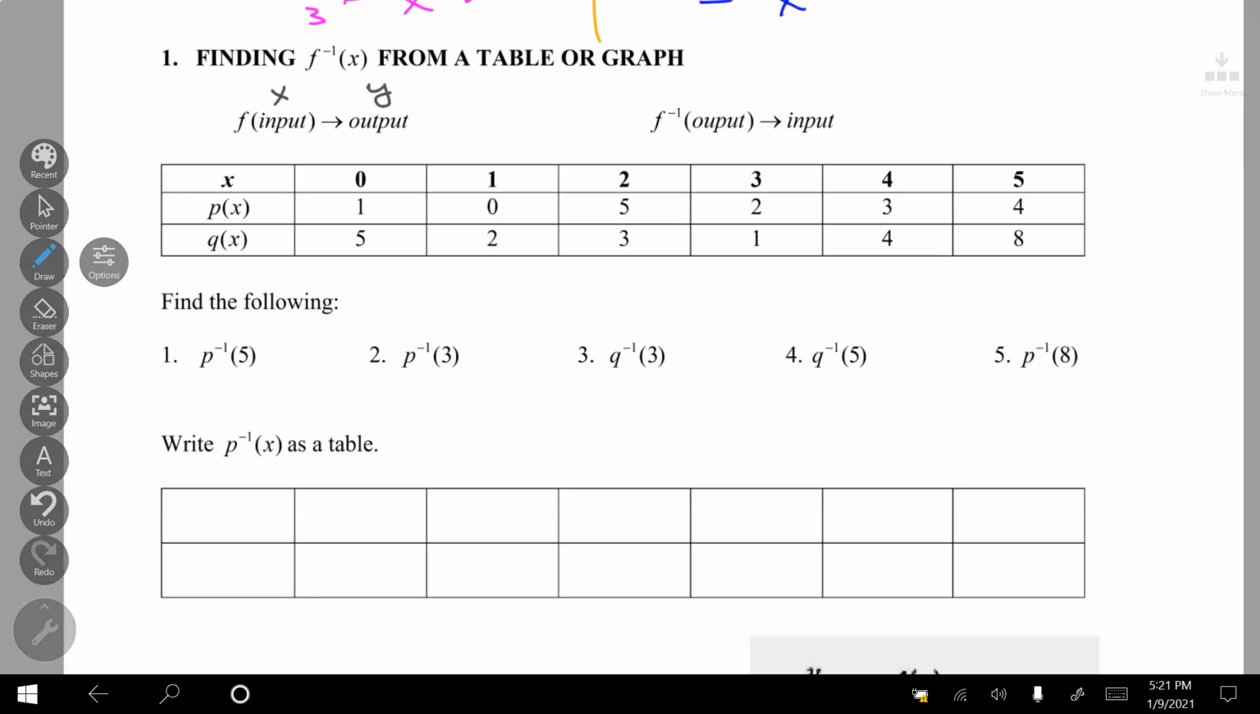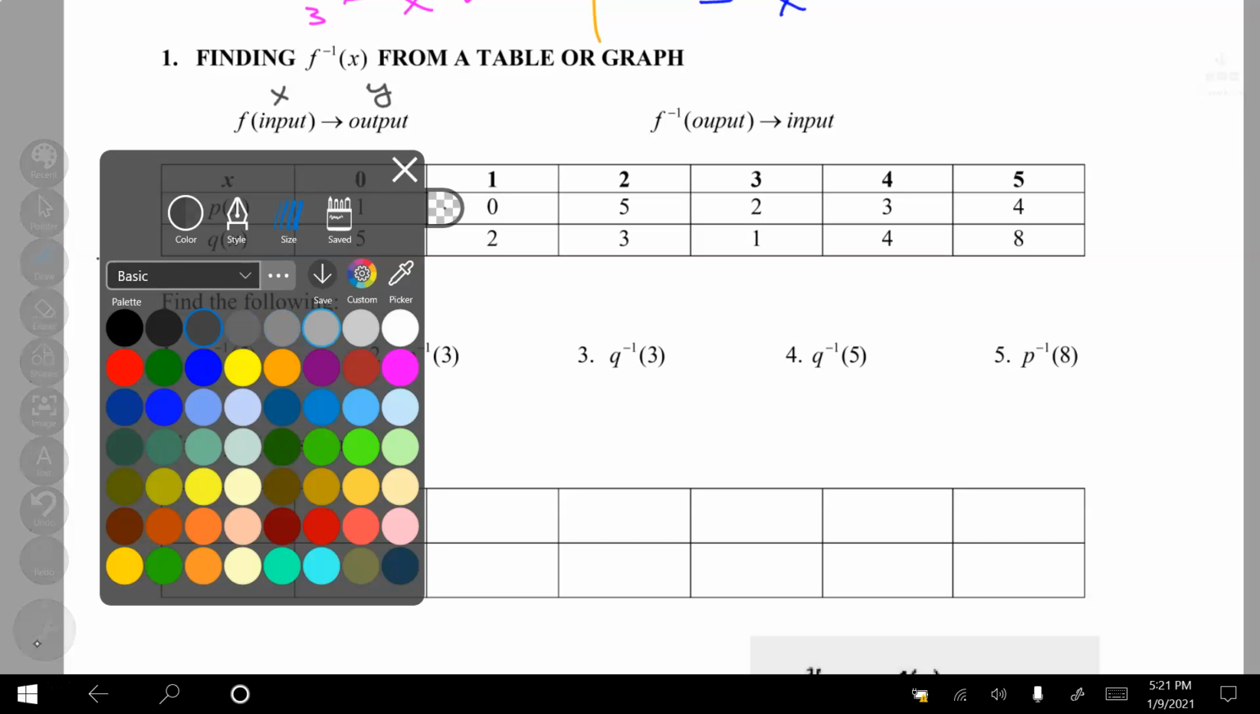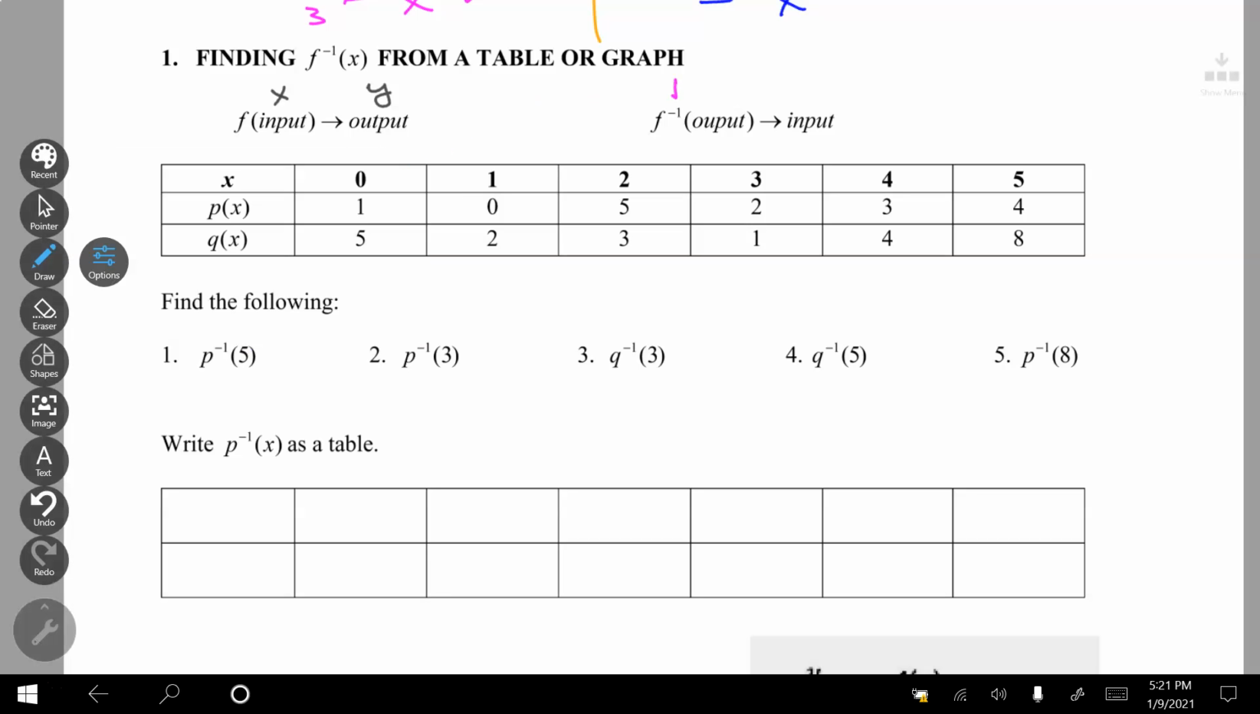When we do inverse notation, that little -1 part is going to make all the difference, that these switch, that this is really a y value, and I want to find the original x that gives me that. Okay? So when we do p inverse of 5, because this is p inverse, this is the output of the function p. So I found the output of function p. I got to find 5, and p equals 5 right here, and its original x,